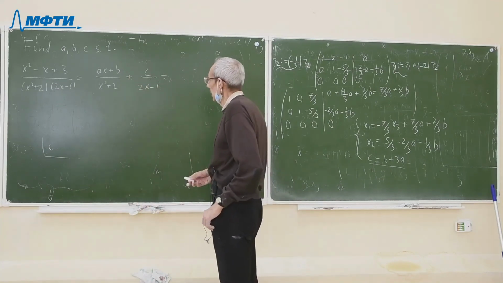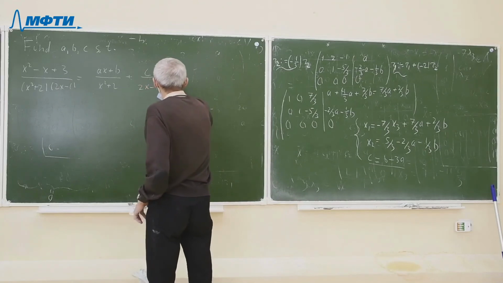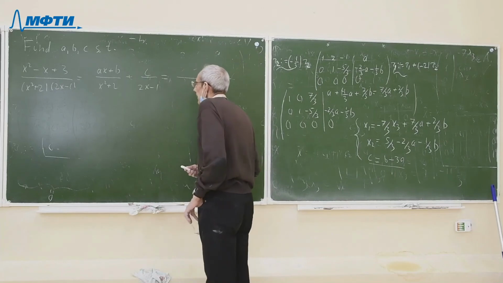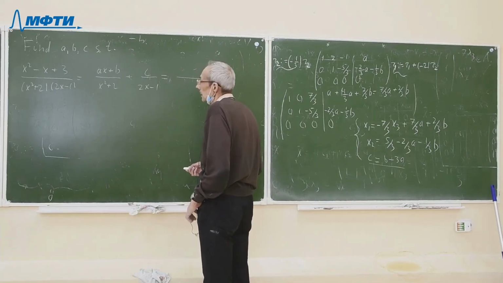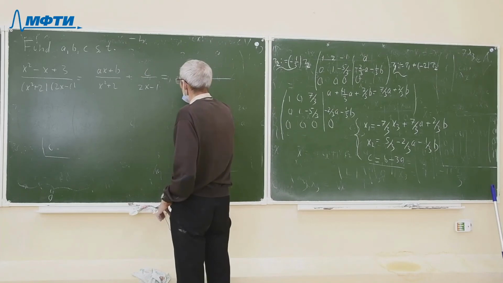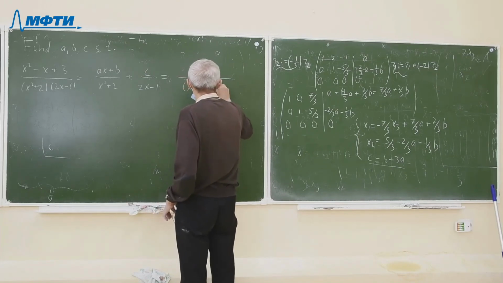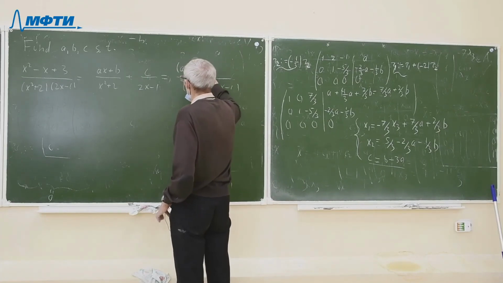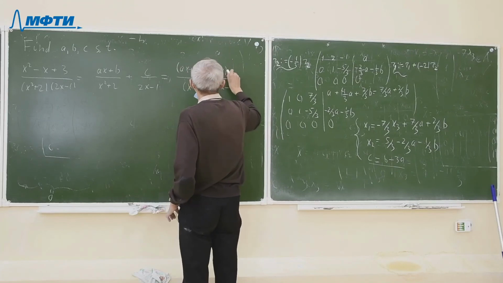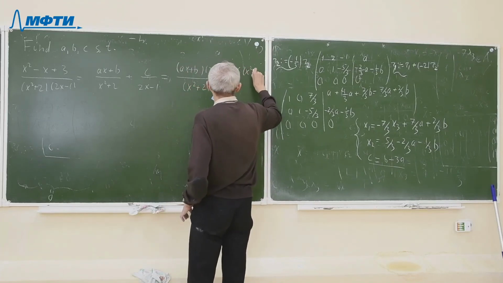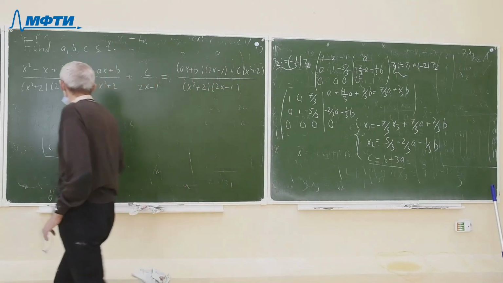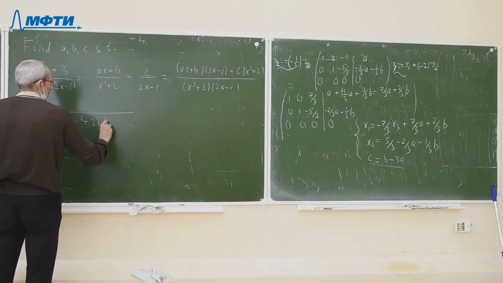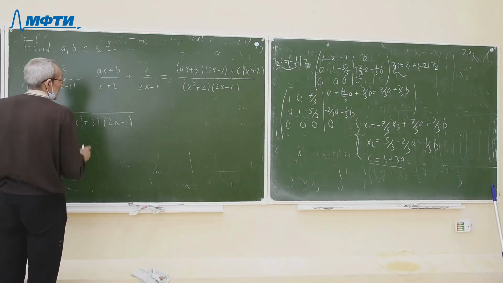We can use a common denominator for this rational fraction, and we obtain that the right-hand side of this equality can be rewritten in the following form. And we can write the equality in the following form: